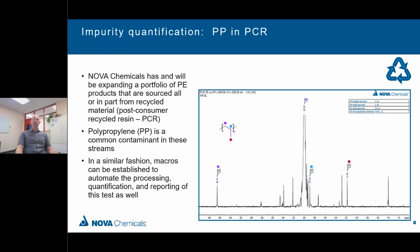As I mentioned in the introduction, we're committed to promoting a circular plastics economy. One of the pillars of this is enabling recycling of the materials and then keeping them in the value chain by using the recyclate. In the next 5 years, the demand for post-consumer recycled resin, or PCR, is expected to increase by 5 to 10-fold. Nova currently sells products that are sourced all or in part from recycled polyethylene to meet customer and consumer